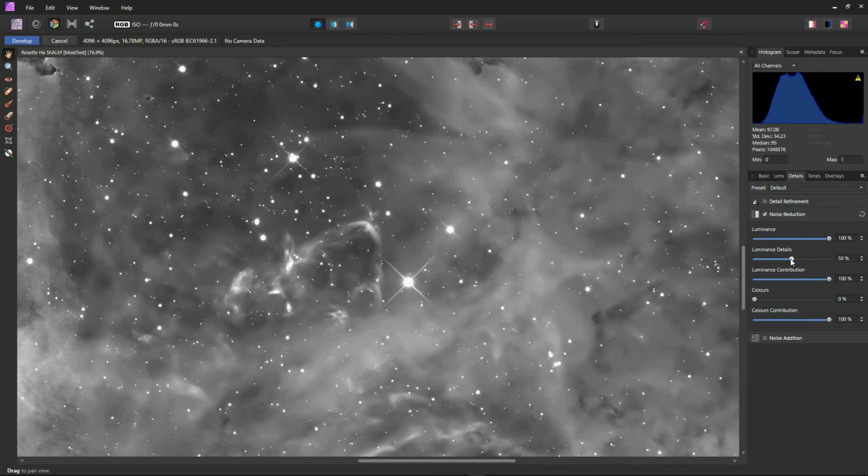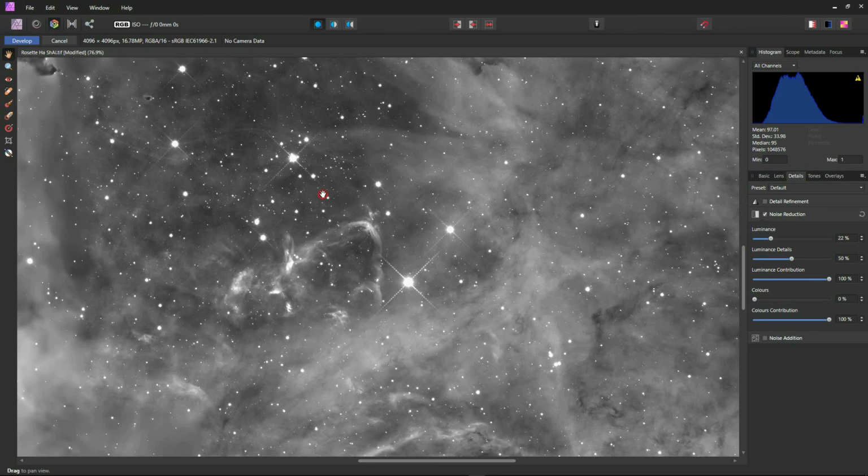You've got certain adjustments here that you can apply, like the strength of the effect, the luminance contribution. Again, it affects the strength of the filter. I've taken it right to 100%. You can see it's really smoothed the image far too much. So let's take it back to where we started. It takes a few seconds just to apply the effect. If we come across to, say, about 20%,